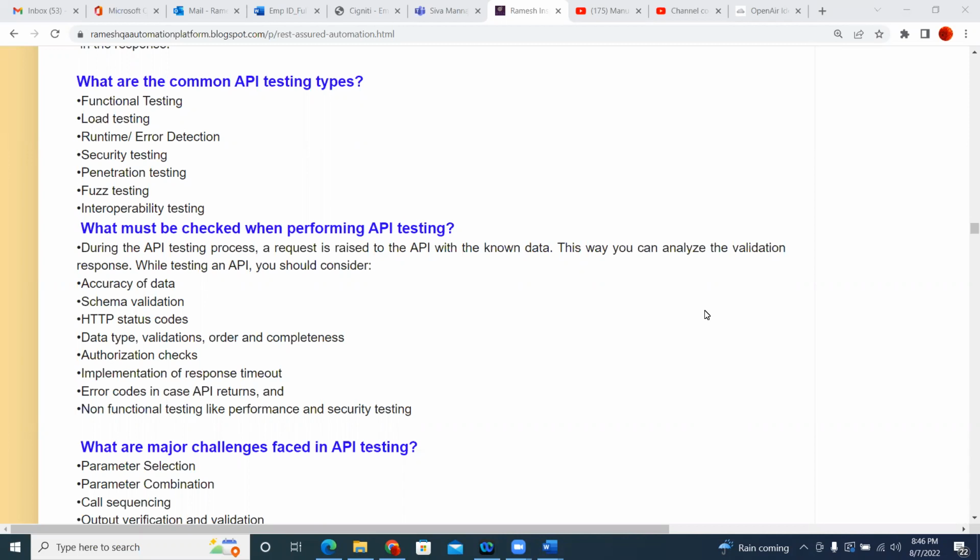So load testing means how much time it is taking to complete this request. When you send the request, how much time it is taking to get back the response. So it will give you the time also. So that is load testing you can perform, and also if you send a number of requests, how much time it is taking. That's load testing people will perform, and like with API testing, runtime error detection, so security